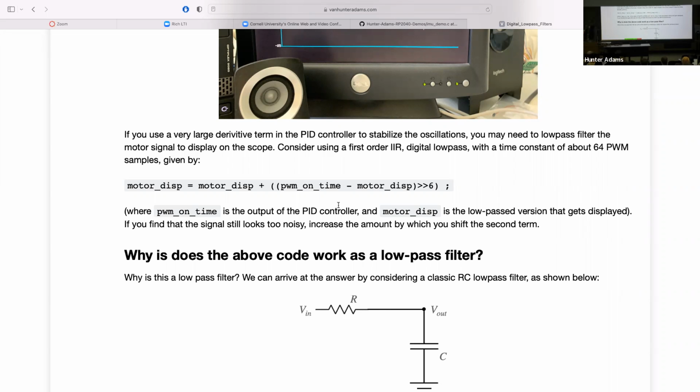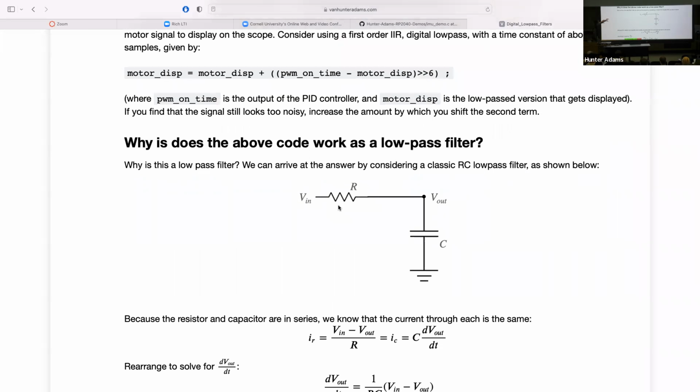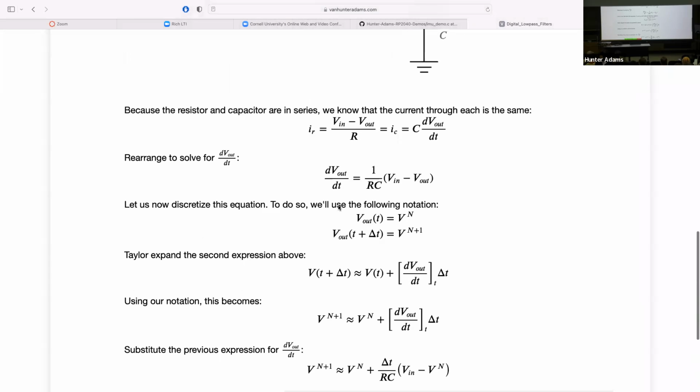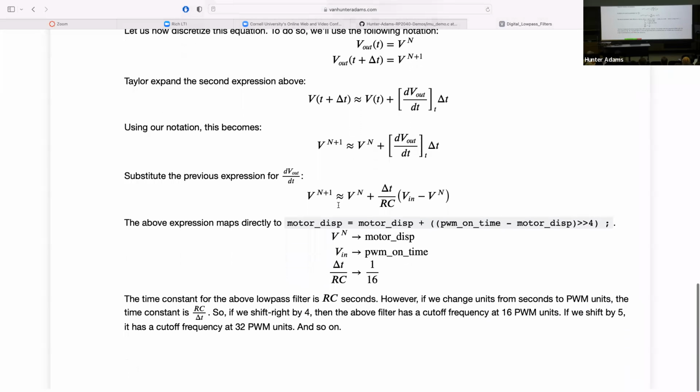It's a digital low pass filter, and it's slightly esoteric looking. You can arrive exactly at this line of code from the low pass filter that is our old friend, by considering the voltages and currents through each of these elements. I won't go through this process here in lecture because I don't think it's really necessary, but you can read through this.